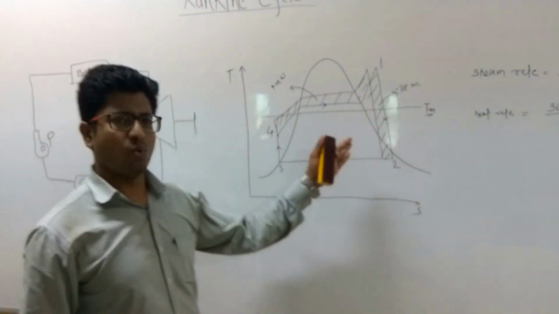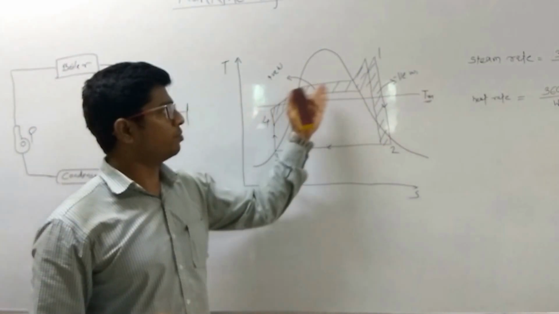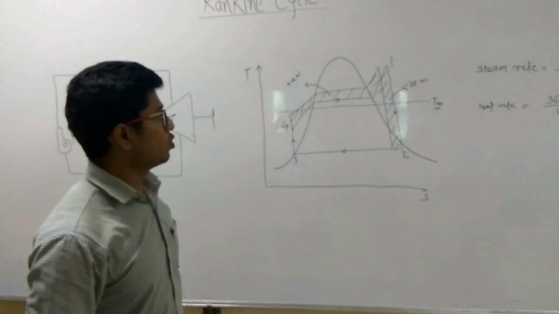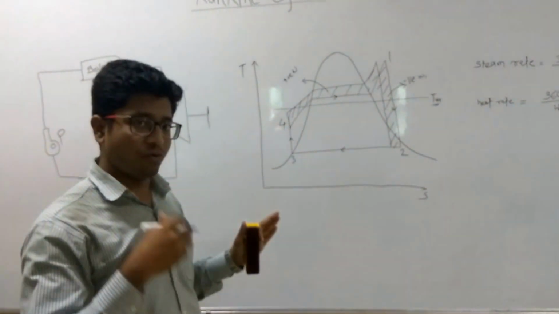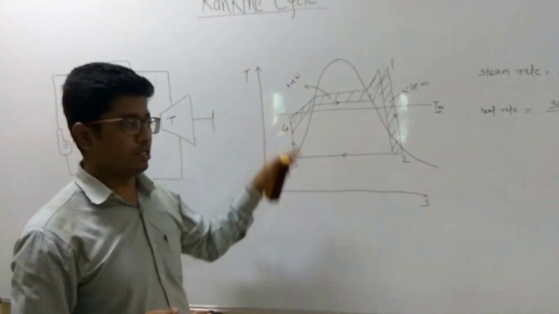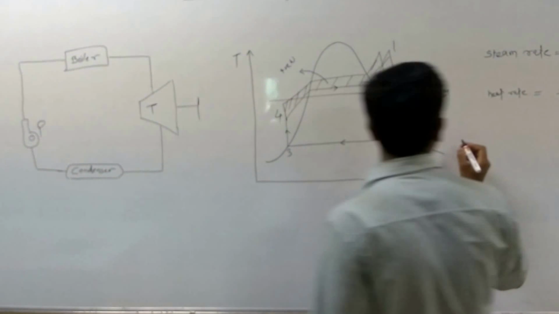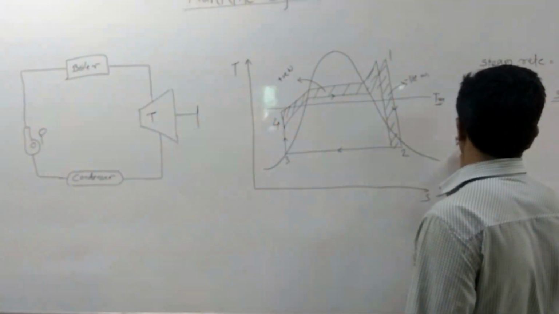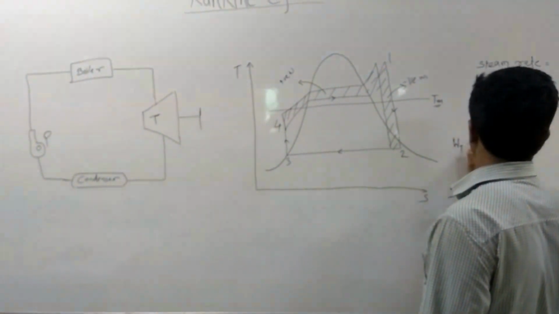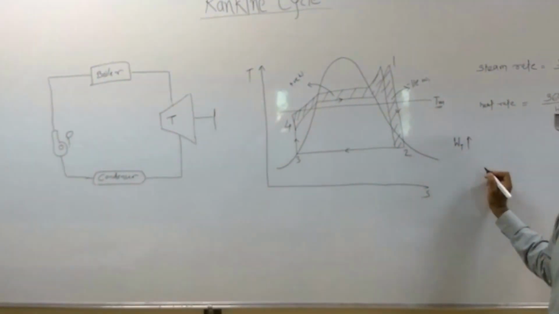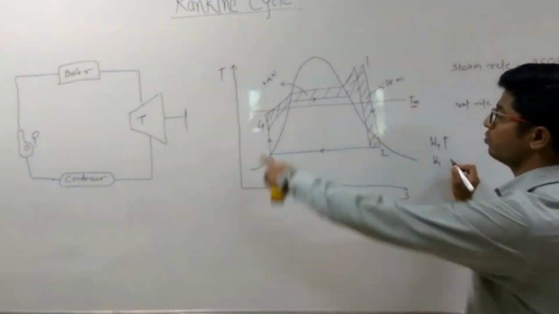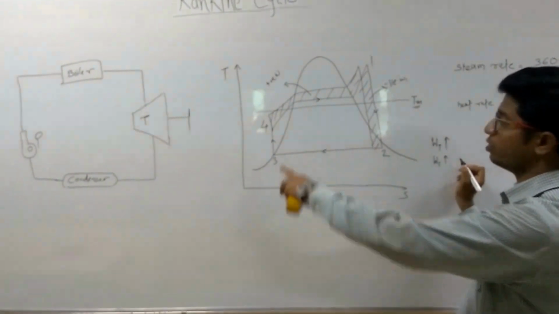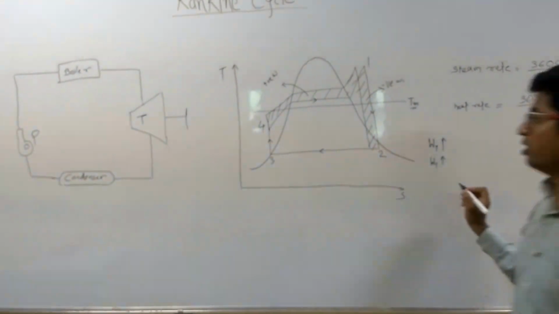The positive and negative works we can conclude from the diagram only. So if you increase the boiler pressure, then the turbine work will increase. And what will happen with the pump work? Pump work will also increase, but the net work,